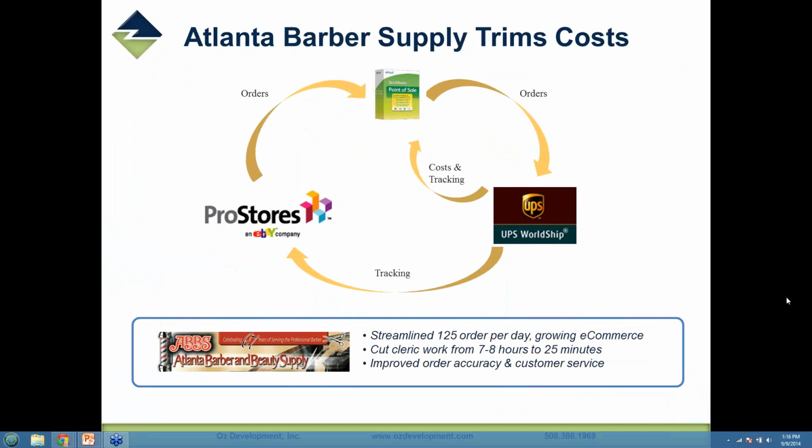We pull, again, that order information out of QuickBooks POS into WorldShip, and in real time, as those items get shipped, update the costs and tracking back into QuickBooks POS, and simultaneously update ProStores. So it completely eliminated the need to do this prep work and manual loads on Sunday,